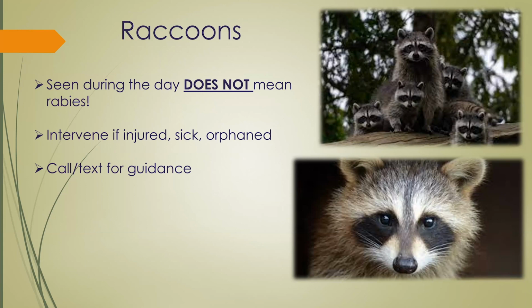We would only intervene during the day if the animal is appearing sick or injured. We know it's been hit by a car, or it's not stable on its feet. Evidence that we know this animal needs to come into care. But for guidance on that, if you call in Texas, we'll walk you through it and ask for pictures and so forth. But just because you see one of these animals out during the day, especially during the winter right now,